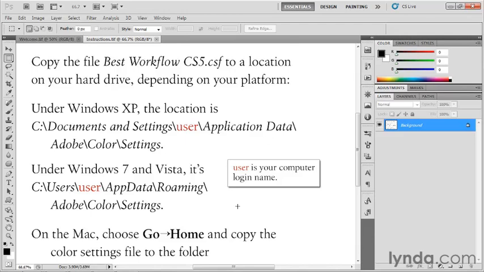In this exercise, I'm going to show you how to establish what I believe to be the best color settings inside of Photoshop and the other Creative Suite applications. Now, color settings is Photoshop and Adobe's word, really, for color management policies inside the various programs. They help ensure that you achieve consistent prints so that what you see on screen is more or less what you get from your printer. But even more important, they help establish consistent color on screen between the different applications and on the web as